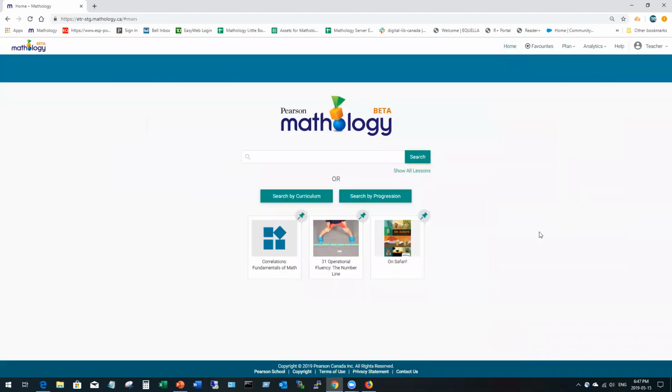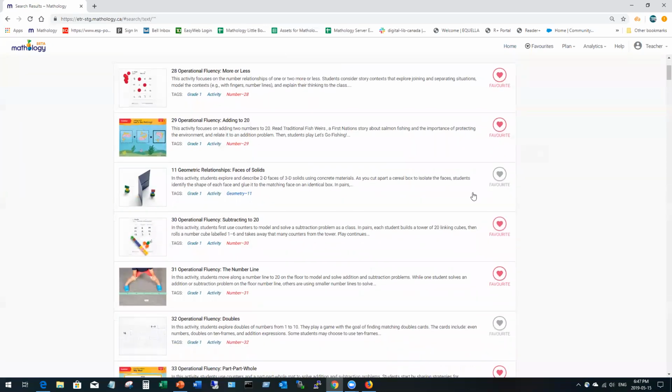And I'm going to talk a little bit about how you use Mathology to teach. As you can tell, we have 3 different types of lessons. These lessons are those non-Mathology lessons that you create as a teacher to put into your plan. This is what an activity looks like. This is one of our activities. And this is what the math little books look like that are built into Mathology.ca. So I'm going to start just by searching all lessons. I'll see a list of everything that's available. And I'm just going to open